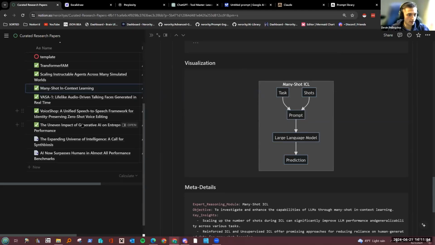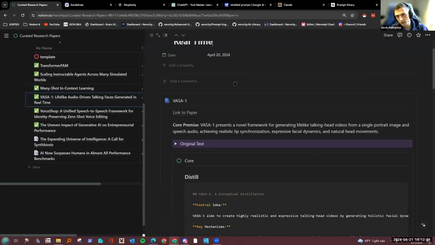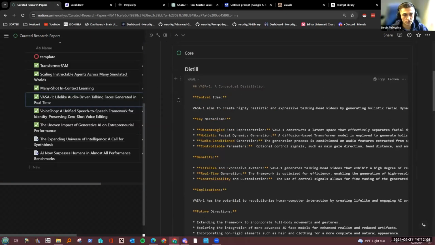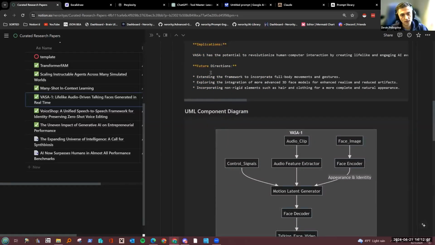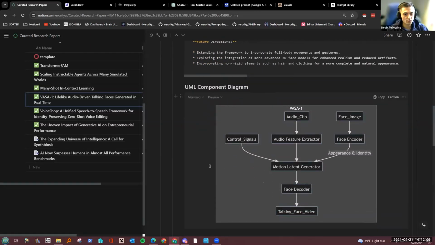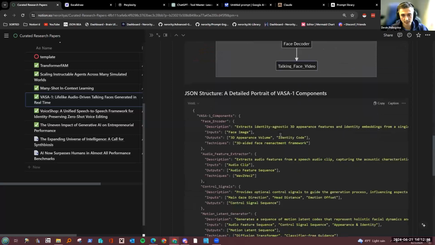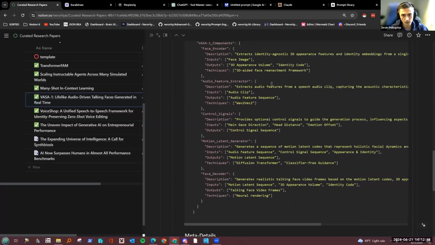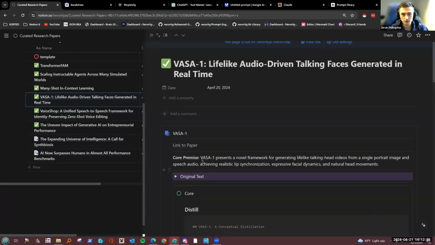Other things that we can talk about briefly were some of the advancements in video and speech models, right? The craziest one was VASA-1. I think this was Microsoft that did this. Basically, they have a way to take a picture and like 5 or 10 seconds of audio. I can't remember what the exact amount was. And it can convert it into a realistic talking head. Right? It's actually pretty crazy. If you haven't seen the videos,